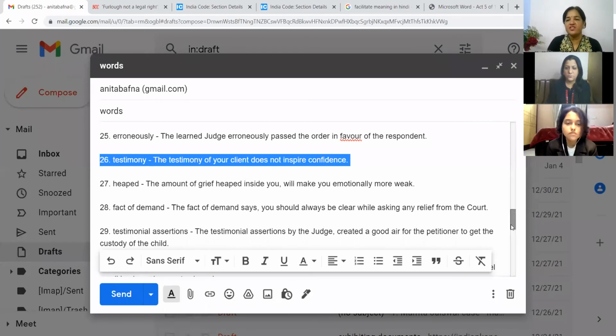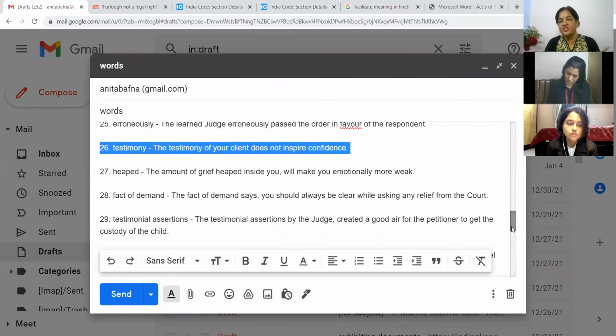Testimonial assertions. टेस्टिमोनियल यू नो किसी के बारे में अच्छा बोलना. Assertion यानी बहुत फोर्सफुली या फिर with all the conviction you have to tell. The testimonial assertion by the judge created a good air for the petitioner to get the custody of the child. जज ने उसकी इतनी तारीफ कर दी कि नॉर्मली पिटिशनर को उसका बच्चा मिलने का चांस ज्यादा है. Created a good air. This air is also so simple word. Good air is the house